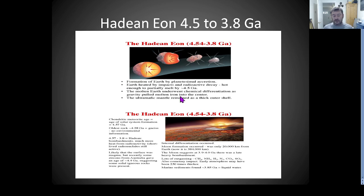And over time, the crust actually began to cool. However, because every time something hits the Earth, it releases a massive amount of energy, the Earth remained molten longer than it normally would have, because that energy accumulates in the planet, and then the planet needs to get rid of it, and it does that through radioactive decay. And it just takes time. And so we think by about 4 billion years,